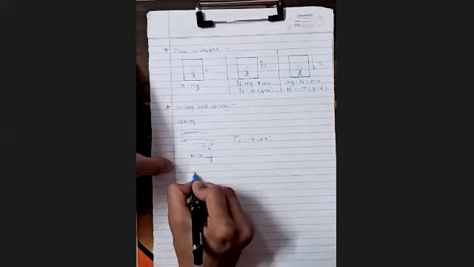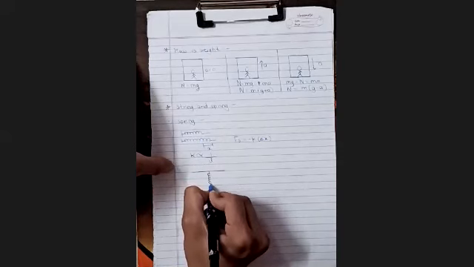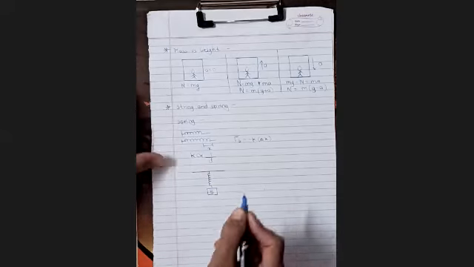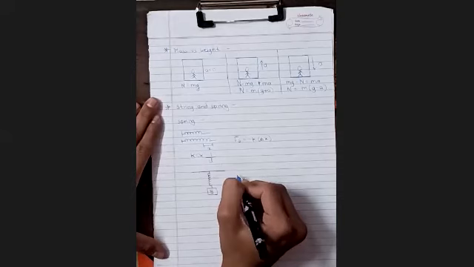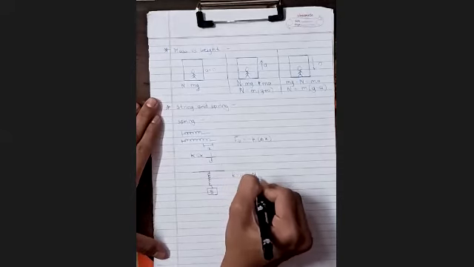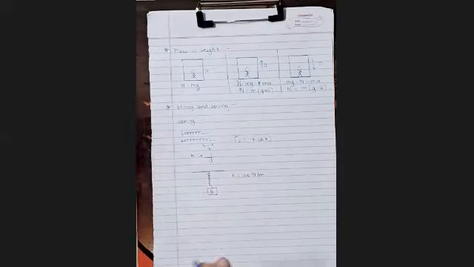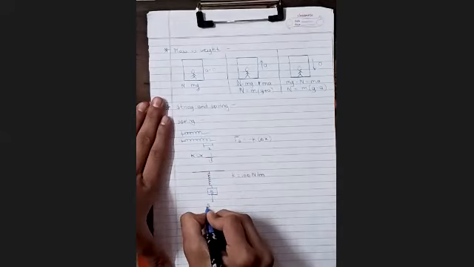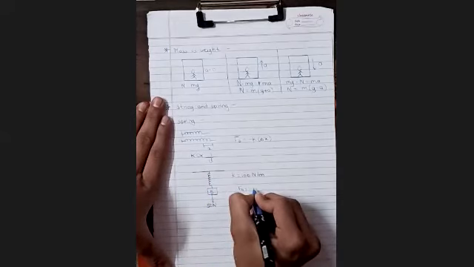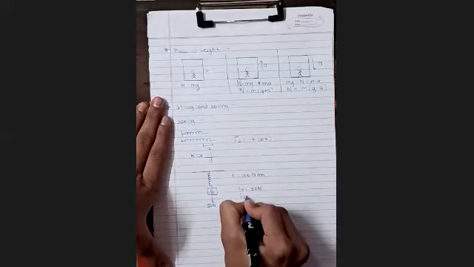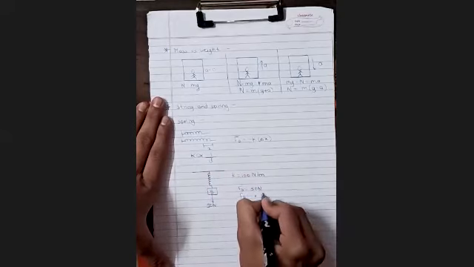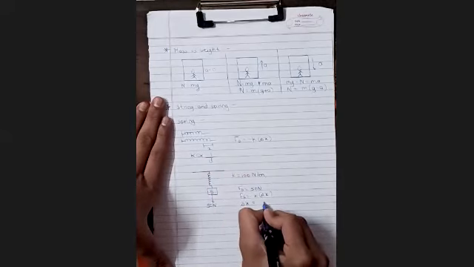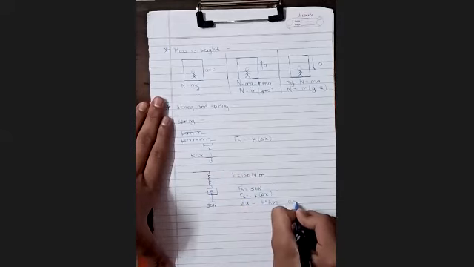Let's take an example. There is a spring. A 5 kg block is attached to it. The spring constant is given as 100 Newton per meter. So we have to find the extension in the spring. Here for the 5 kg block, the earth's gravitational force will be 50 Newton. So here spring force is equal to 50 Newton. We know that spring force is equal to minus k into delta x. So here we get extension in the spring as 0.5 meter.